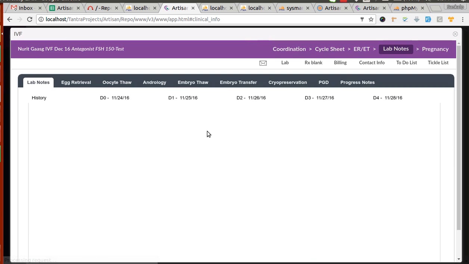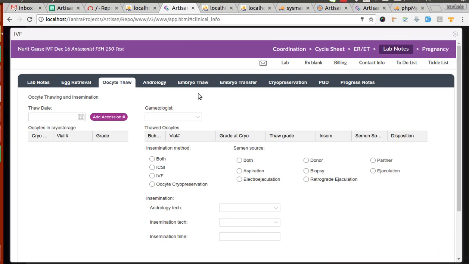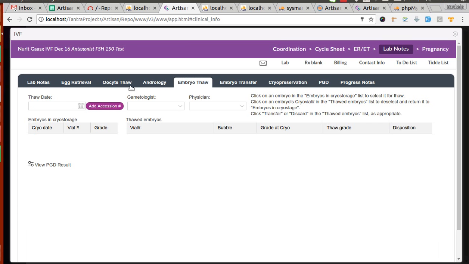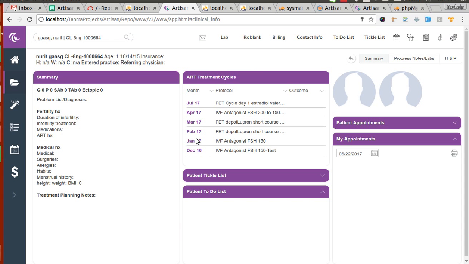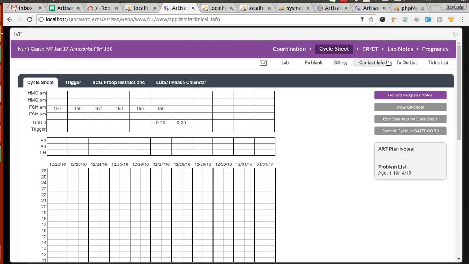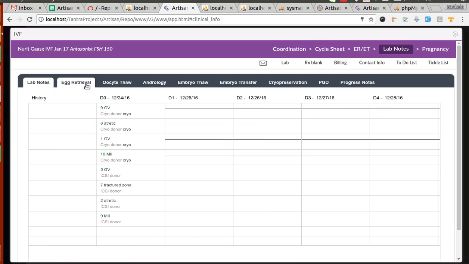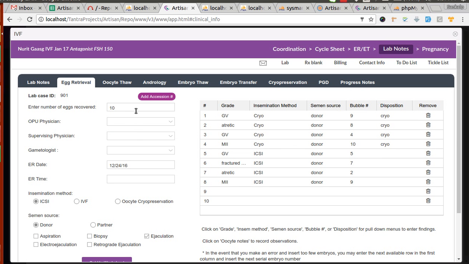In this cycle I added nothing in the lab notes, just to make sure that in the oocyte thaw, embryo thaw, the data is not coming before dates. So in January 17th I created an IVF cycle in the lab notes, and I added 10 eggs. 4 of them I transferred to cryo insemination method, 4 of them to ICSI, and 2 of them I added nothing,